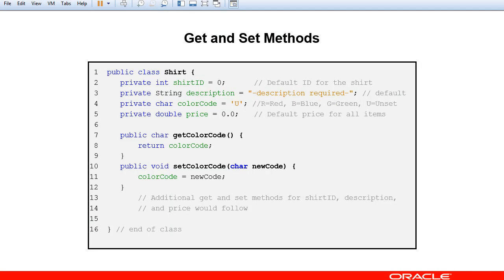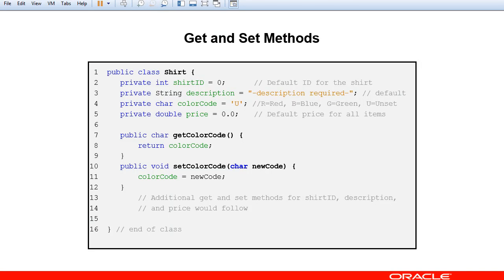For example, it's recommended that all fields of a class should be private, as done here in lines 2 through 5, and the fields that need to be accessed should have public methods for setting and getting their values, as illustrated here in lines 7 and 10. This ensures that at some future time, the actual field type itself could be changed if we needed to, or the getter or setter methods could be modified to control how the value would be changed, such as the value